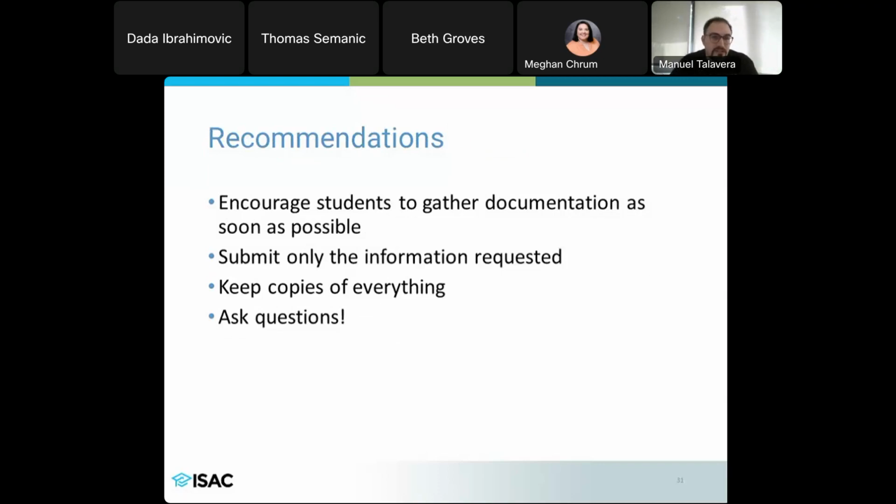So I have some recommendations for you all. Definitely encourage your students to gather as much information as possible. Going through the verification and professional judgment process can be rather intimidating. So just want to encourage students to be positive, keep copies of everything, and be able to submit those supporting documentation,